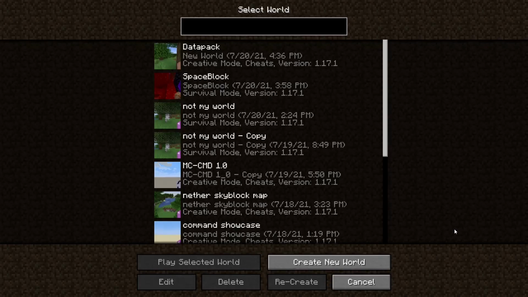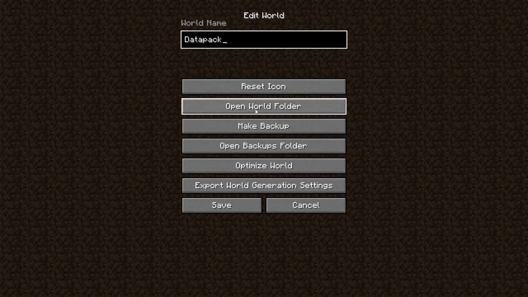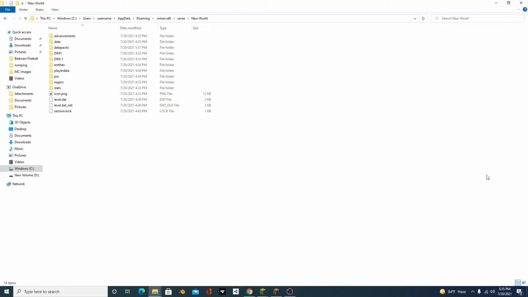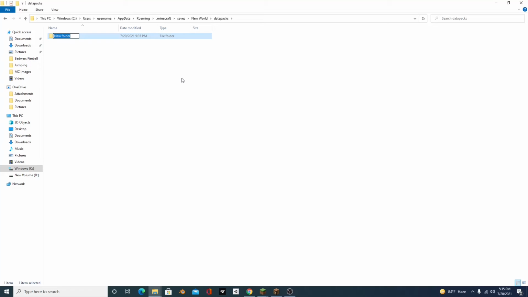What you're going to want to do first to make your data pack is go into the world that you want to make it in, hit edit, and then hit open world folder. Next, you're going to open up your data packs folder and create a new folder. This is going to contain everything inside of your data pack, and it doesn't really matter what you name it because nothing in your data pack will actually refer to this folder's name. So let's just name it data pack,